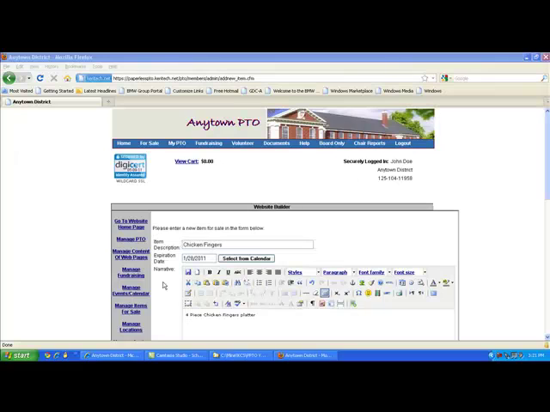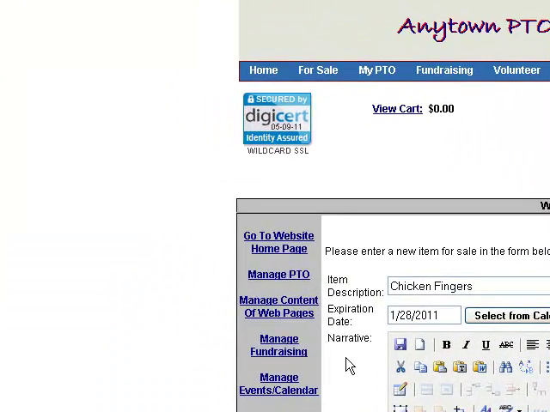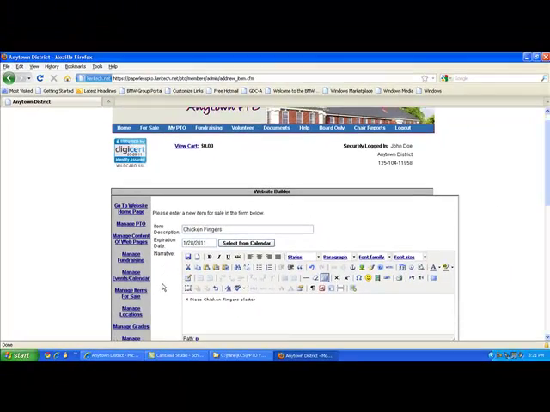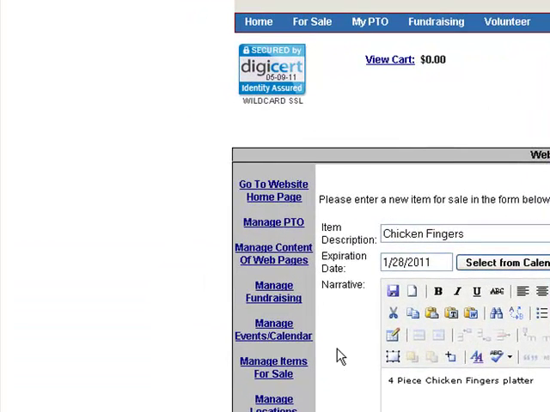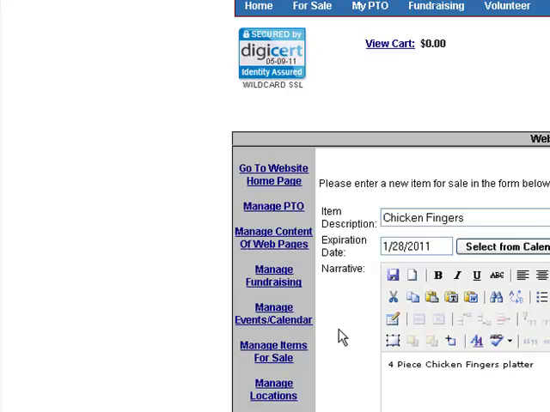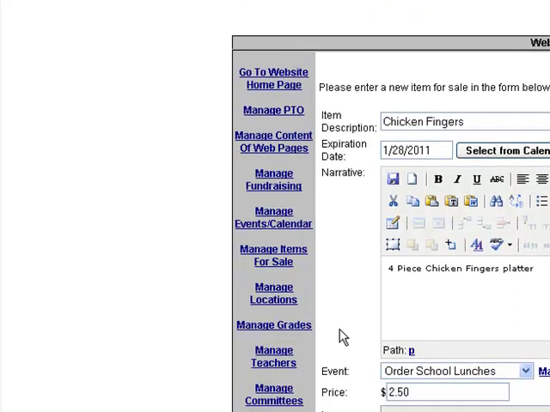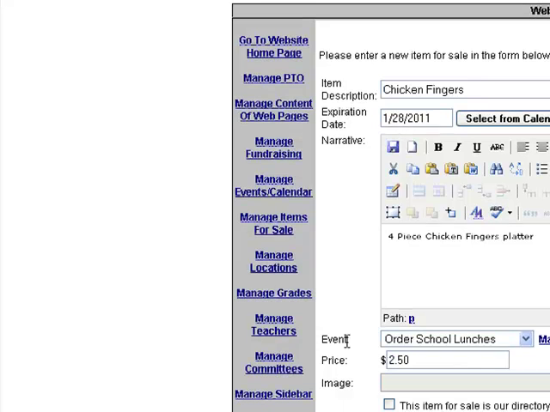Now when we get back to the website builder, we are at a page where we can add the item for sale. Here we provide a description, which we call chicken fingers, an expiration date to indicate the last day that the item is available to be purchased, which is the 28th of January. We provide a narrative that says that this is a 4-piece chicken finger platter. We have to link the item to the event that we created, which we called Order School Lunches, and we also indicate the price, in this case, which is